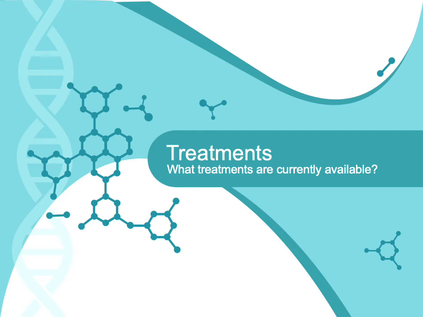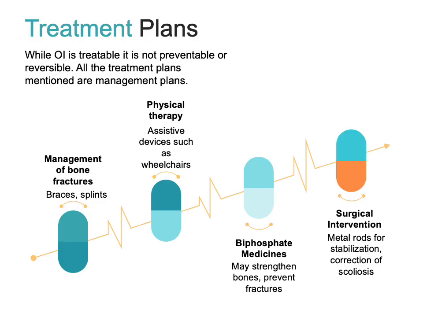With all this information in mind, what are the treatments that physicians use to help those who do suffer with osteogenesis imperfecta today? There are several methods of treatment for OI. However, all of these are for management of the condition, not to cure, as OI does not have a cure. Treatment typically involves surgical intervention, where steel rods are put in place to stabilize bones and correct fractures. However, surgical complications do arise, such as rod migration, where the rod moves from its intended spot and can possibly puncture tissue, joints, and even other bones, causing refracturing or new fractures.